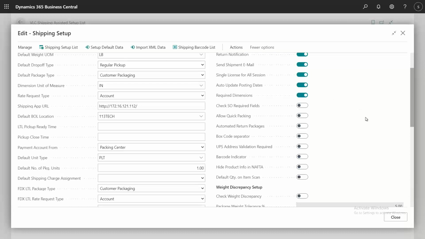Thank you. Okay. And we have one more important field, allow quick packing. If you do not want to consider the particular items in which package, we can choose this option, allow quick packing.